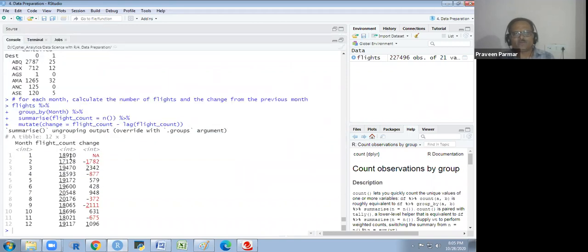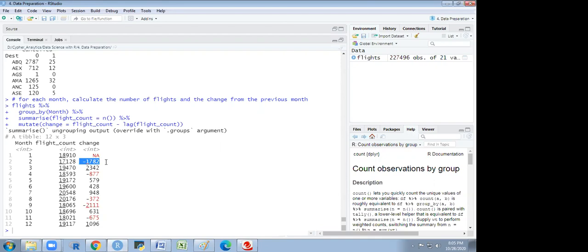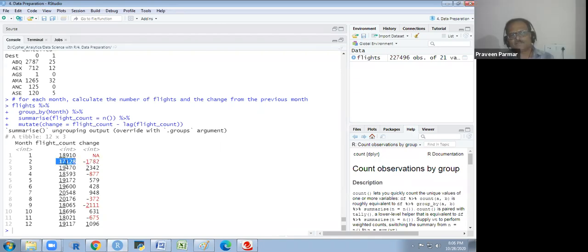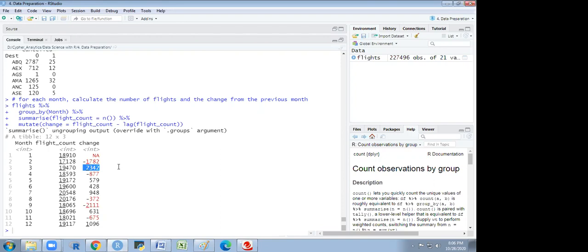In the first row there is no previous flight count entry, so it will give me NA. Now 17128 minus 18910, I will get minus 1782. Got it? I will subtract this from this, and I will get it. Any doubt?